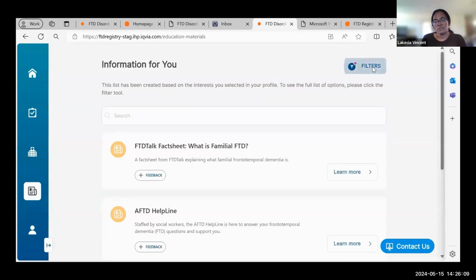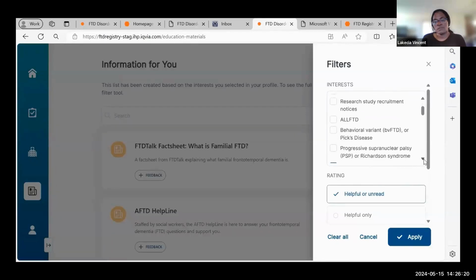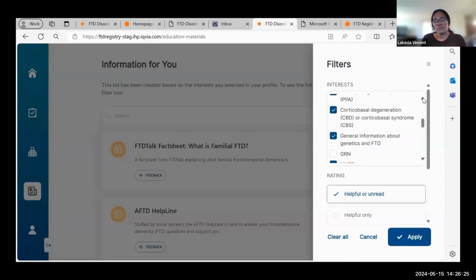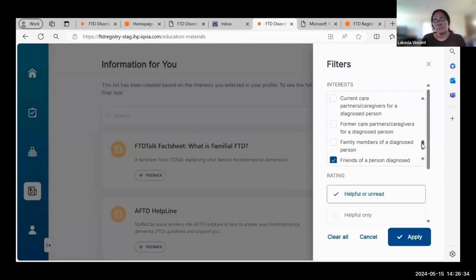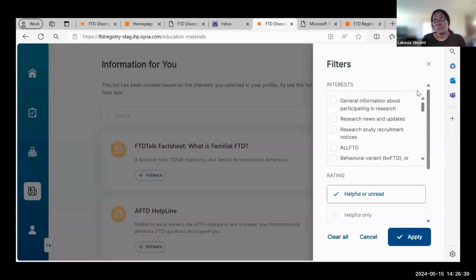You can use filters to weed out any information that you do not currently want to see. We have a lot of filters that you can choose from to narrow down information as it changes, or if you just need to see it for the moment. You can go by the actual diagnosis. You can go by the genes. Also by who you want to receive the information for. Just a lot of options for you to narrow that down and see information from different lenses.